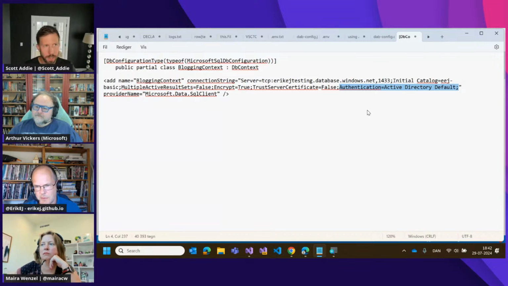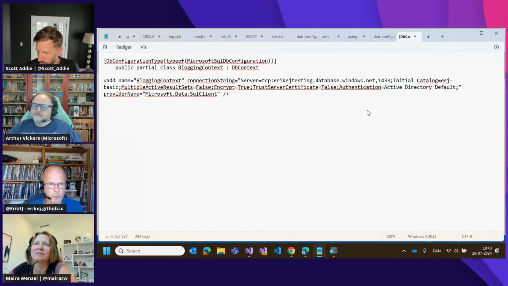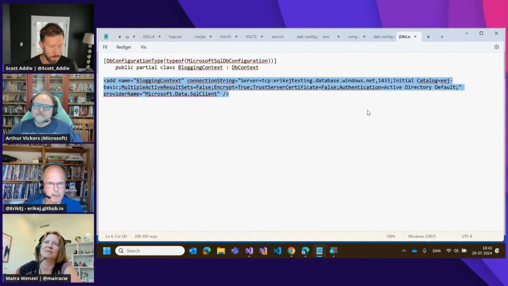Yep. And to take that a step further, what this is doing under the hood when this key value pair is detected is the DefaultAzureCredential type in the Azure Identity Library is being used. That is a sequence or a chain of credential types that are attempted in a very specific order. Attempt to find known environment variables first. And if that fails, move on to workload identity or managed identity, and it goes on and on. Yeah. So it's kind of a non-specific way of grabbing an identity.